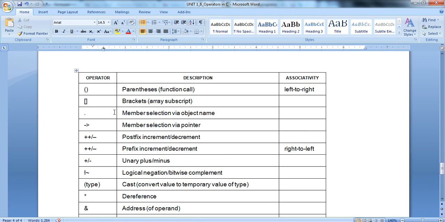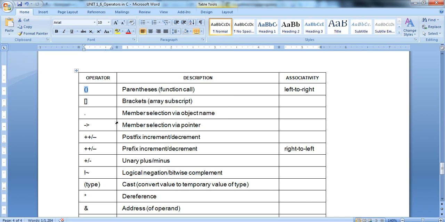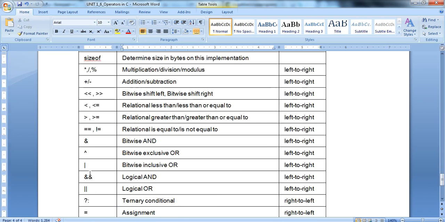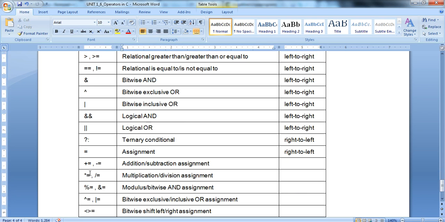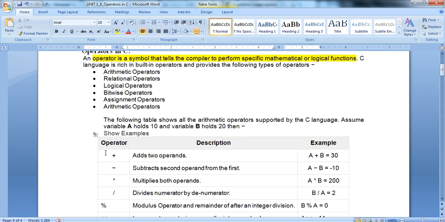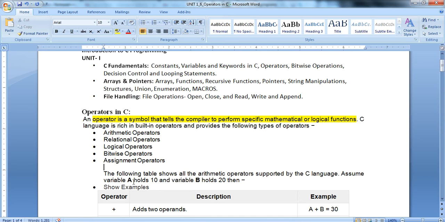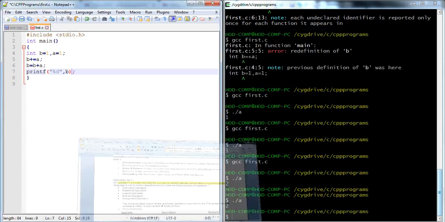Now these are some other operators with explanation, like the parenthesis. In a program we use this parenthesis. Now the square bracket, then the dot operator, then the member selection by pointer. Means C contains multiple operators with different types of purposes. Out of this we will know about the operator types. And those operator types are arithmetic, relational, logical, bitwise, and assignment. Right. Now in the next lecture we will know about the next concept.